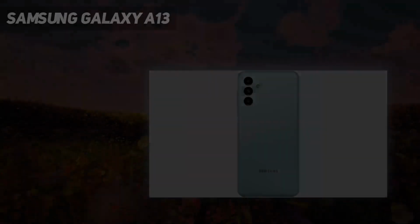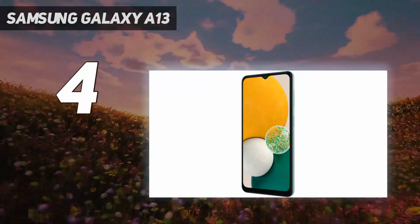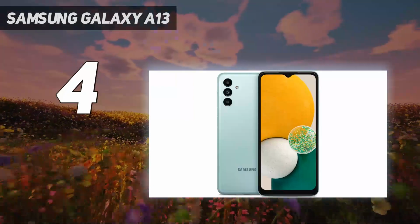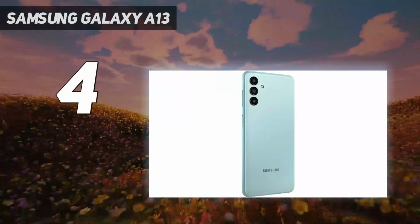Coming at number 4. Samsung Galaxy A13. If you're looking for a capable smartphone that won't break the bank, look no further than the Samsung Galaxy A13. Put simply, it's good enough in most of the areas that matter for a smartphone, from the camera to the battery life, and its super low price, which will continue to drop, makes it a tempting value